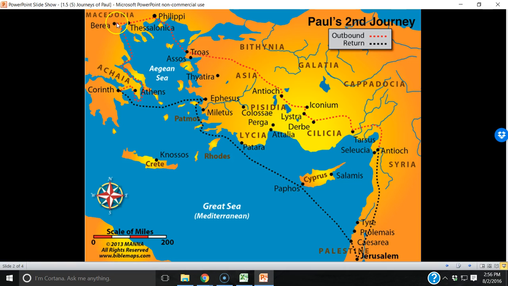and then to Berea. And then they travel down here to Athens, and this is where Paul's by himself, and he is on Mars Hill with the philosophers. You'll see that in the video tomorrow. And then he goes into Corinth by himself with some fear and trembling, because the city of Corinth was very wicked, very immoral, and he's there by himself for a little bit at least. He spends 1.5 years in Corinth. That was a very long time for Paul.